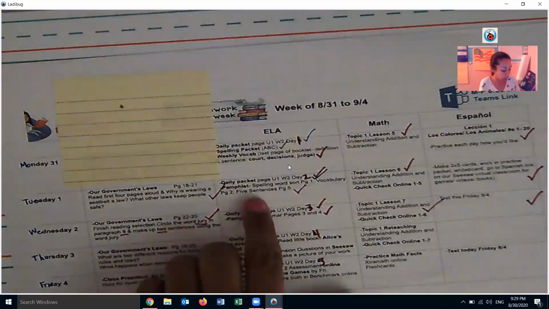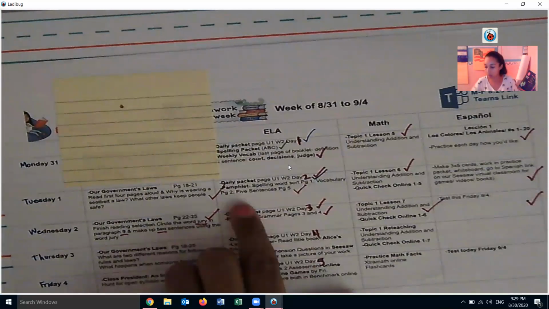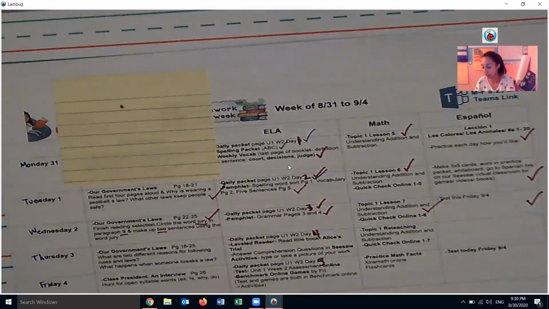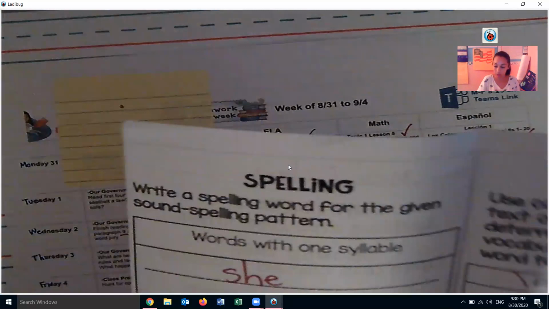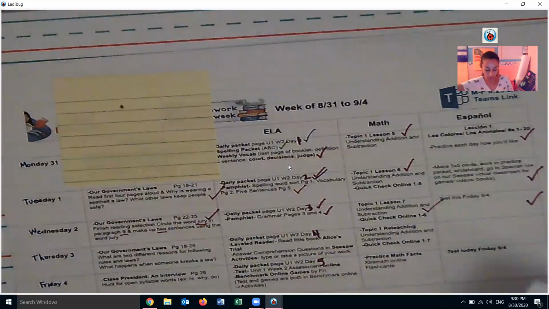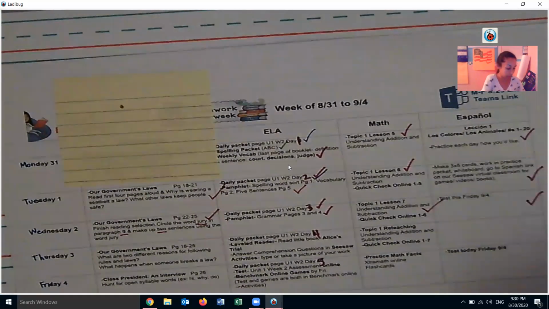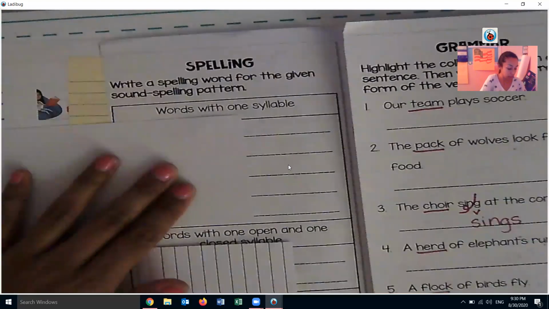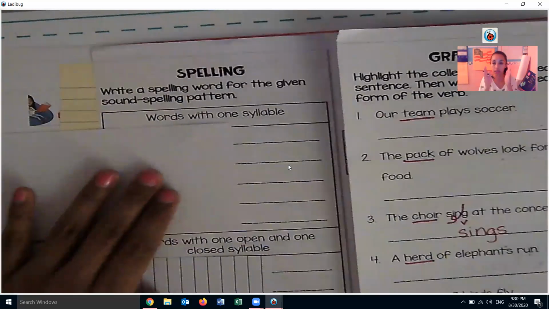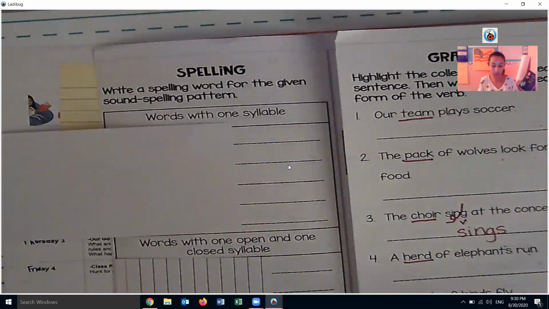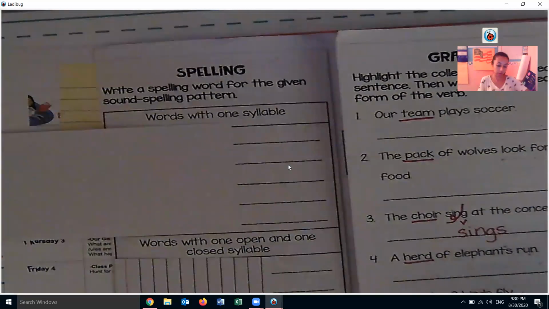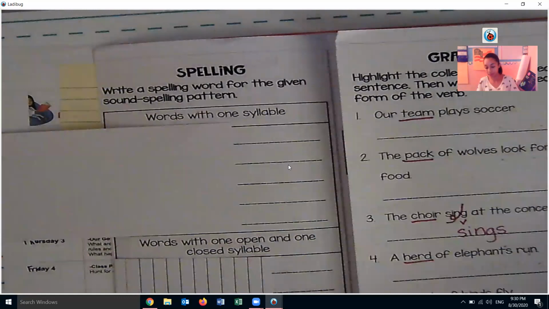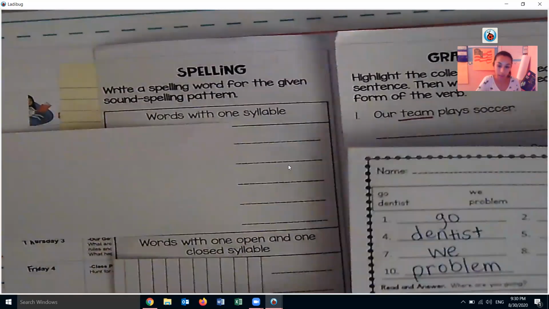Now is our spelling word sort, vocab, and 5 sentences. Again, I've already completed this, but I want to explain it. So our word sort, here what I'll do is I'll cover that up for a little bit. It says words with 1 syllable. 1 syllable means that when you say the word, it's just 1 clap. And they're coming from our spelling words. So if I look at my spelling words for this week, I have the words